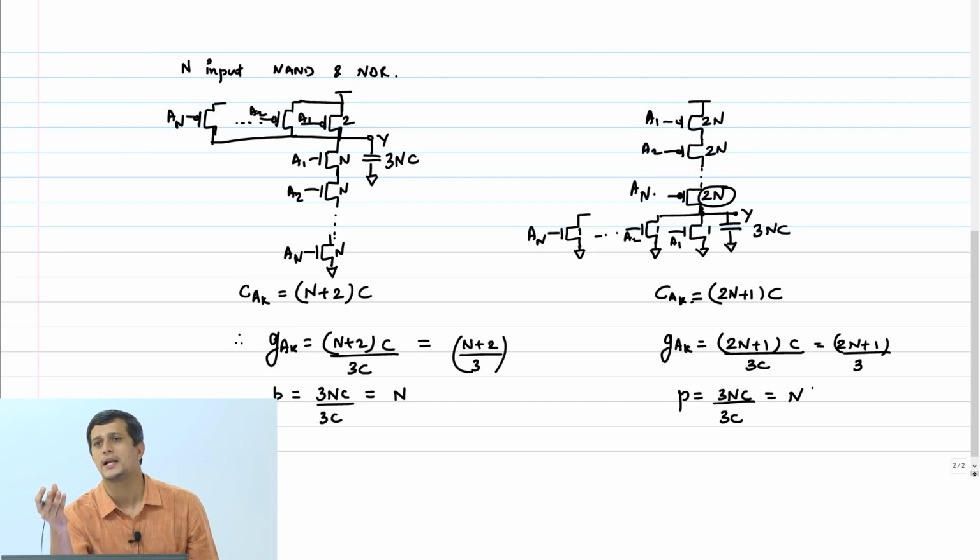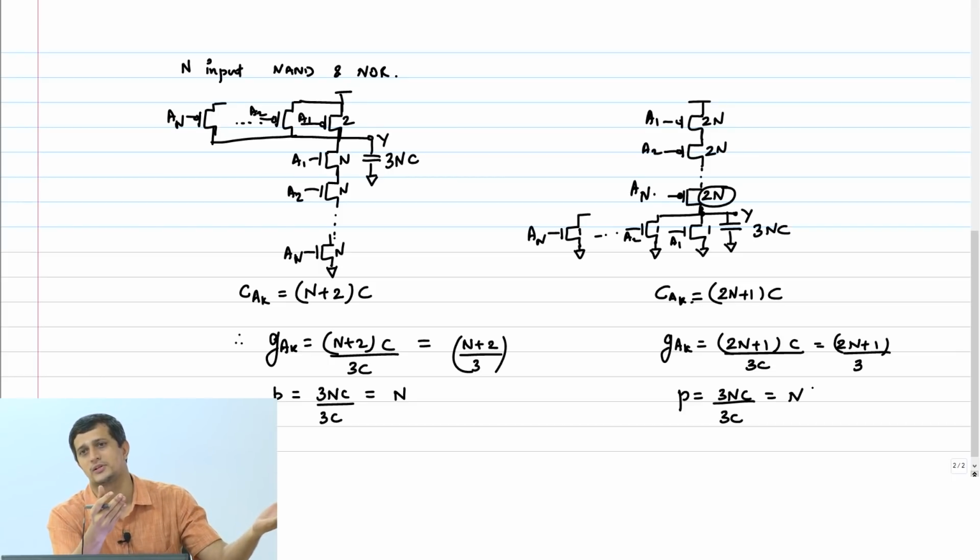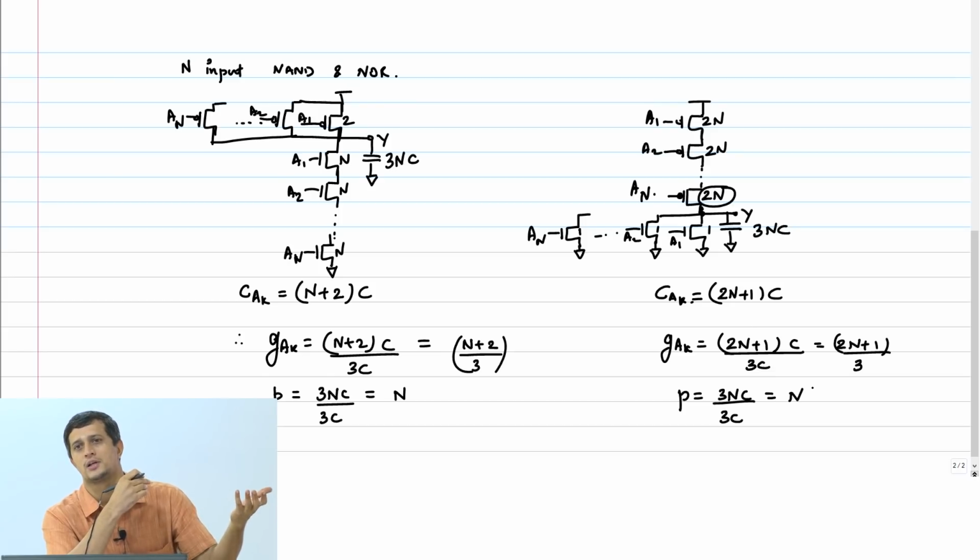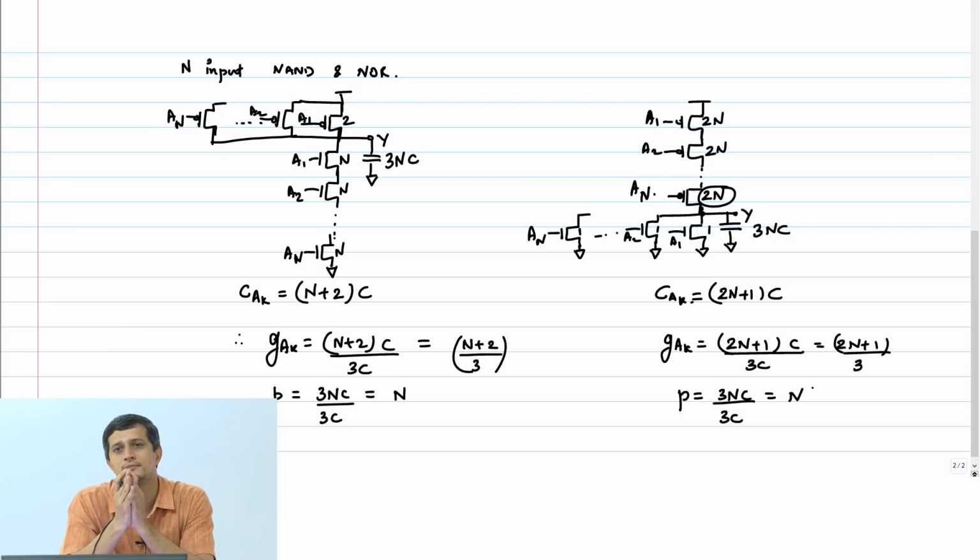It means that in order to achieve the same resistance, I need to pay a higher price in the input capacitance. This 2n plus 1 by 3 compared to n plus 2 by 3 of the NANDs tells me that I need to pay a higher price on the input capacitance for NORs compared to NANDs in order to achieve the same resistance,